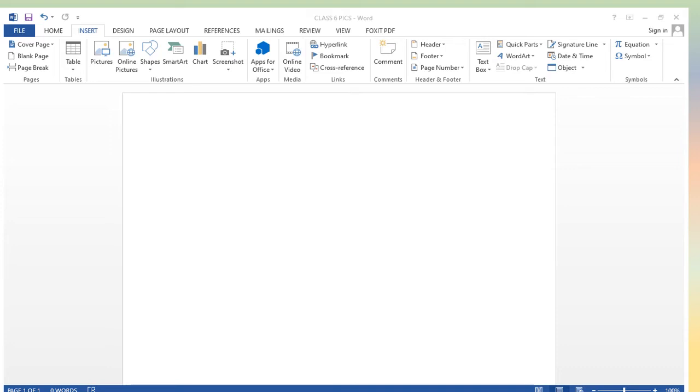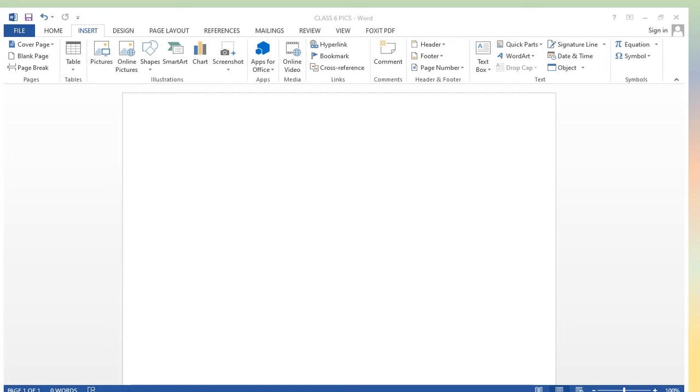So now I am showing you the screen which will appear in front of you when you want to insert the table. So this is the screen of Microsoft Word in which you have to click on Insert tab. You can see Insert tab is selected here. It will appear in blue color.